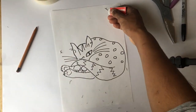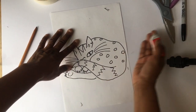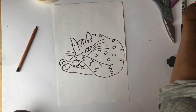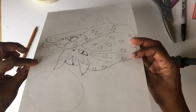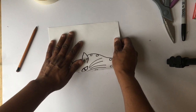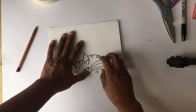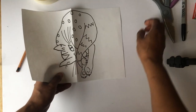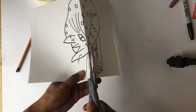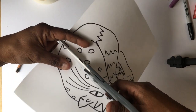Now we want to create a repeating pattern. So we're going to cut our picture up. I know, sounds a bit scary cutting your picture up, but it's going to be okay. What we do is we fold our piece of paper in half, and I'm going to make sure that the edges meet nicely up here along the top. I'm going to fold that in half there, and I'm going to cut it like this. Cut it along the top,